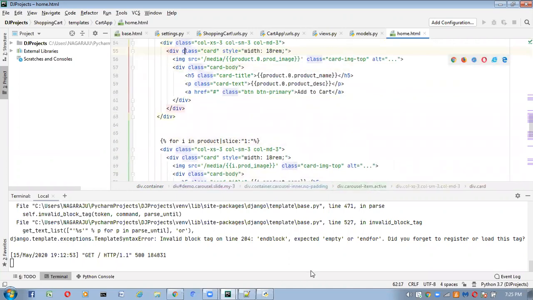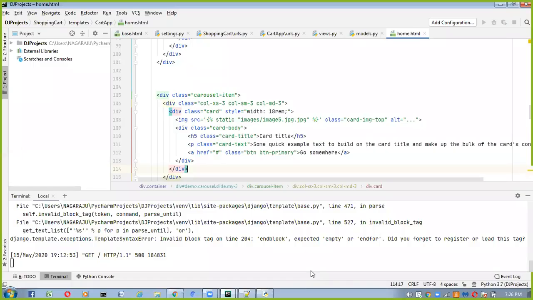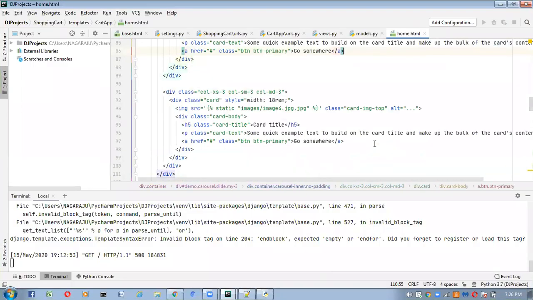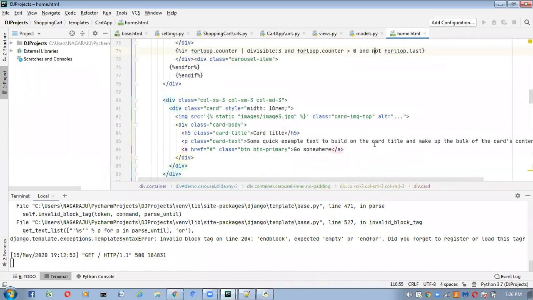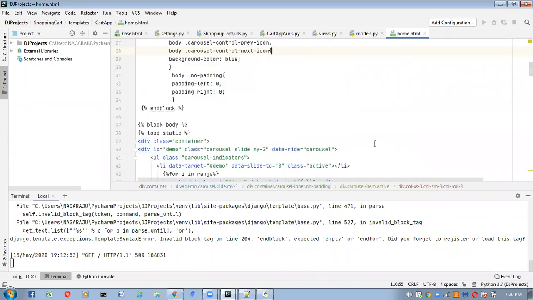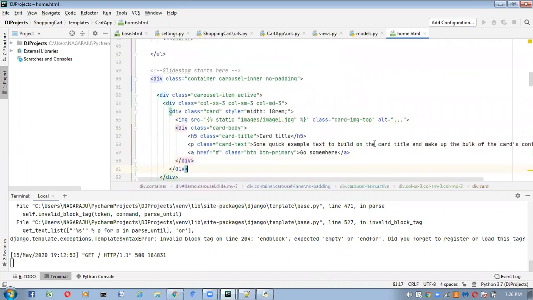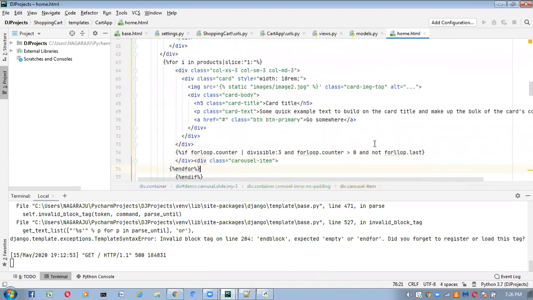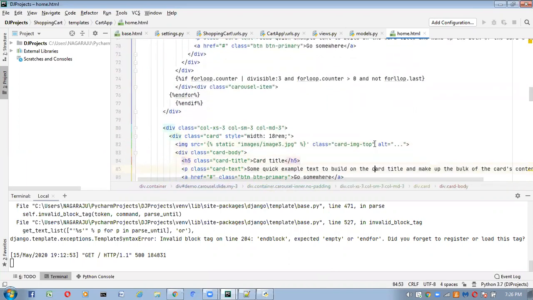One minute. Here, after this if condition and all the things, the remaining part, whatever we have, we have to remove the complete thing, it is not required. Here this for loop is completed, and this if condition is also completed here. After that if condition, whatever you have, remove that entire thing. Next, these items are not required for me.